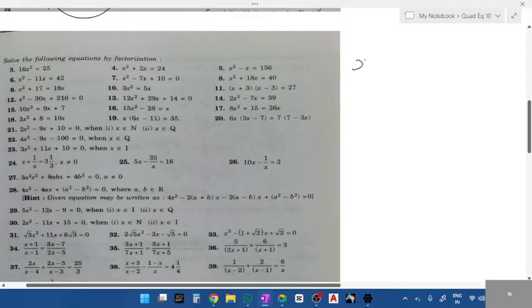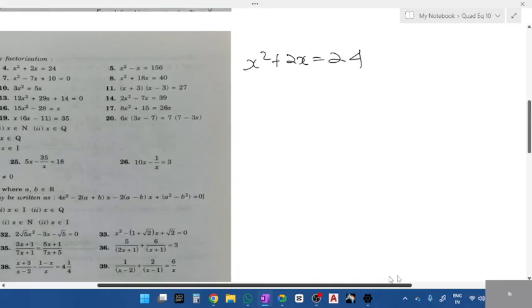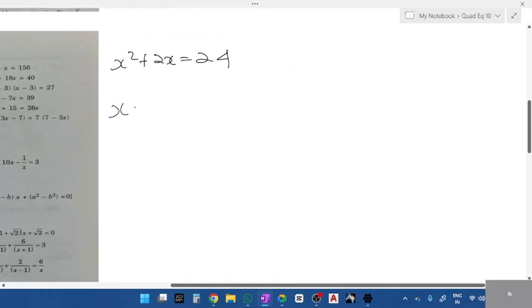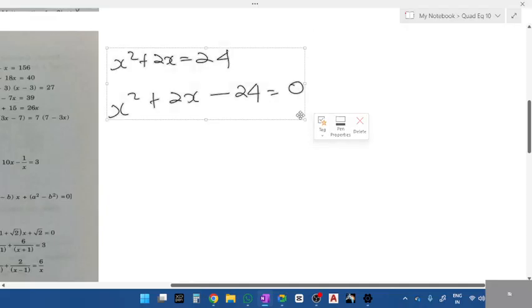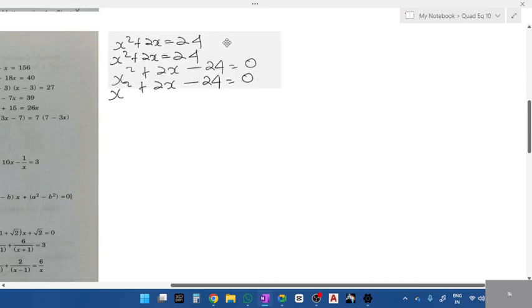Okay, tell me the second question, students. Second question, how do I solve x square plus 2x is equals to 24? Which side should I shift this 24? X square plus 2x minus 24. Okay, how many terms do we have here? Left hand side, how many terms do we have? 3 terms,